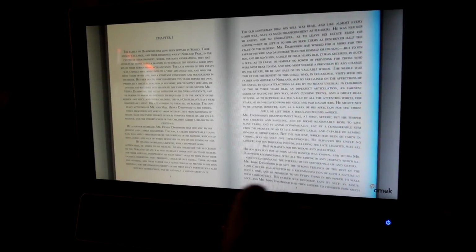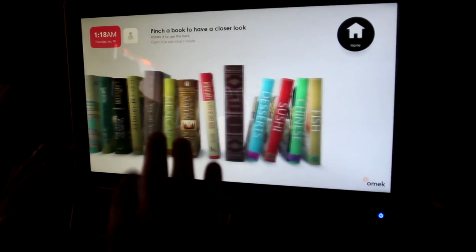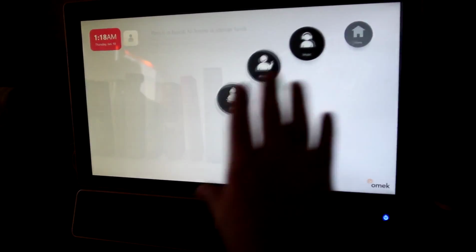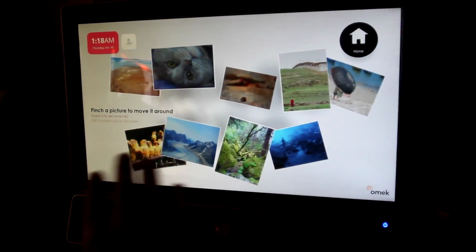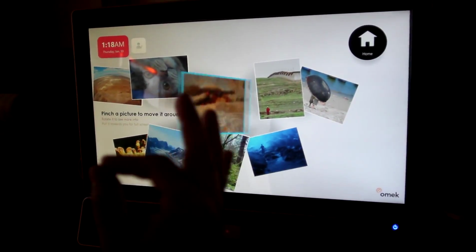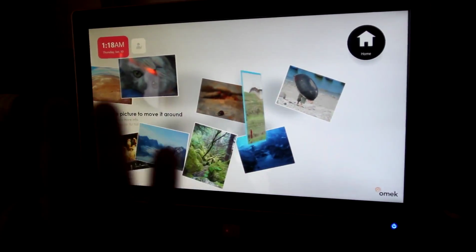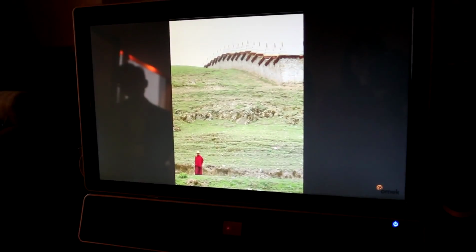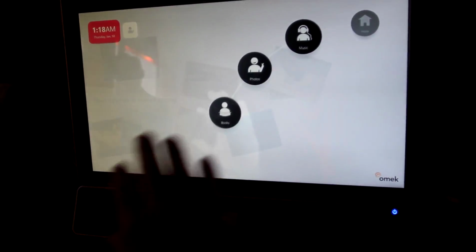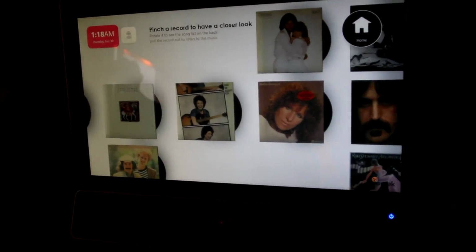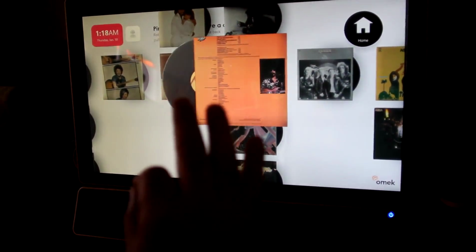He reads his book. When he's done, he puts his hands together, simply closes it, and puts it back on the shelf. After he's typing away on Windows 8, he says, oh, I want to put a nice backdrop, and he scrolls through his pictures. Again, he can look on the back of the picture, or pull it close to him, and if he pulls it close, it becomes the screen. If he simply puts it back, he's back in his pictures. Likewise, he can scroll his music collection. Again, you're typing an email and you say, oh, I want to put some music on. So you simply lift up your hands, flip to your music, look at it. Yeah, that's the album I